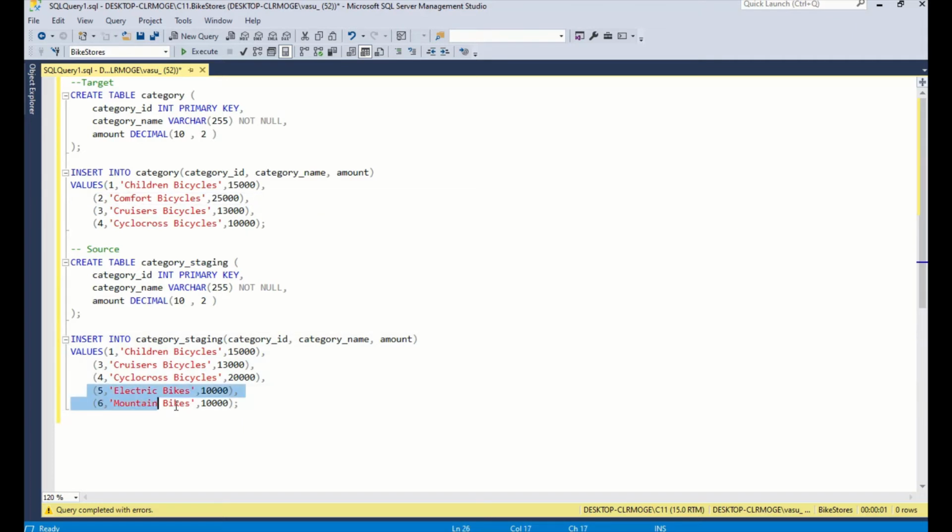I hope you understand this clearly, so I am just repeating it with the mouse so that you understand which rows will get updated and which rows will get deleted. So 2 will get deleted, 5 and 6 will get added, and 1, 3, 4 will get updated after the merge statement.